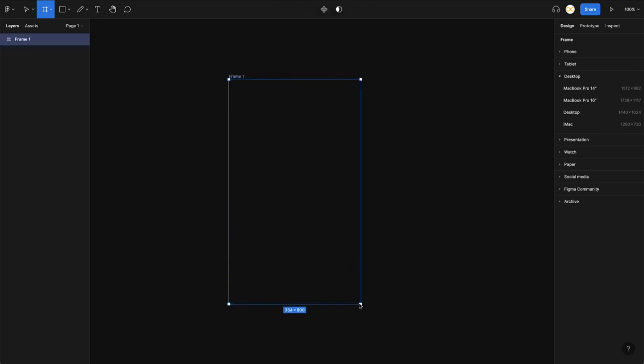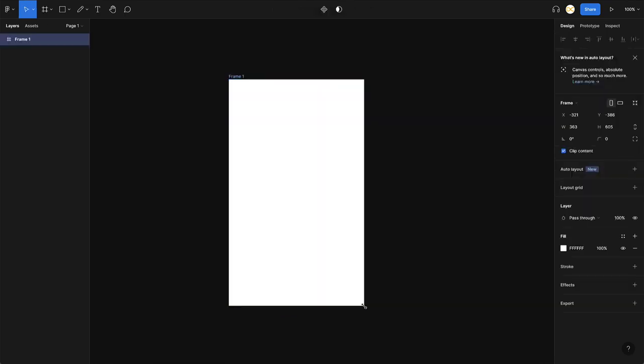So first thing, as I mentioned, you have to use a frame. You can press the button F or you can press the button A. Both work the same, or you can just click here to add a frame. You can click and drag the frame and keep it at a size that you like, or you can